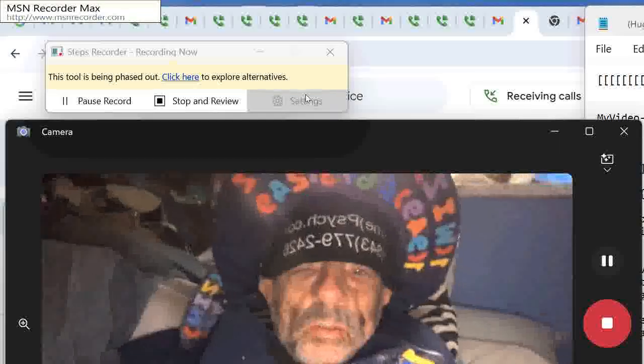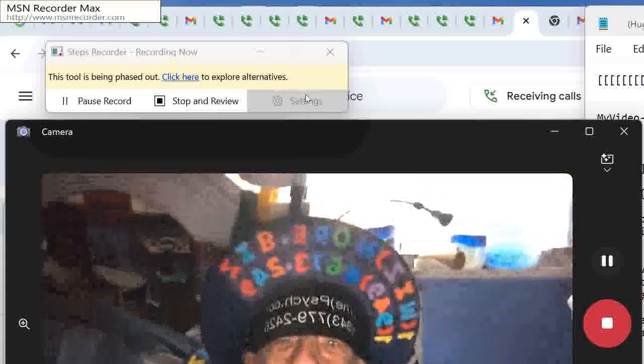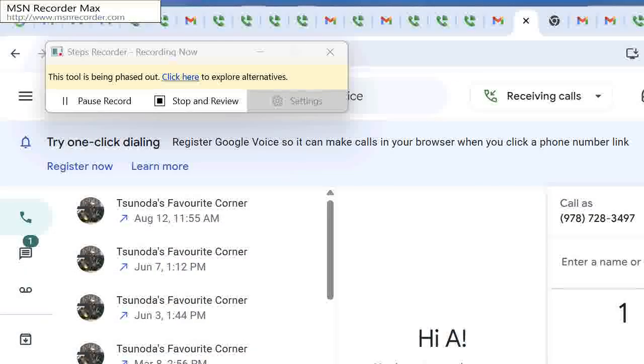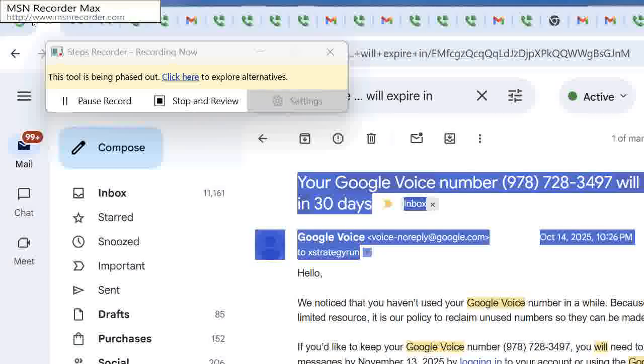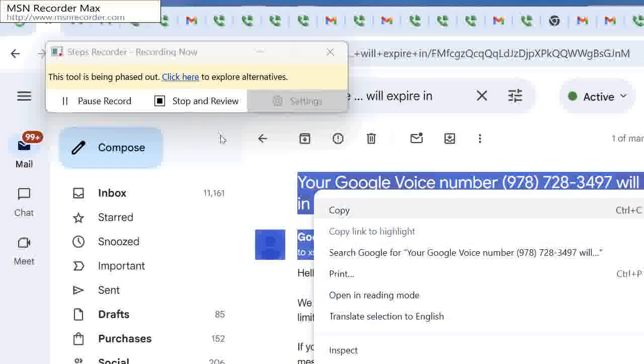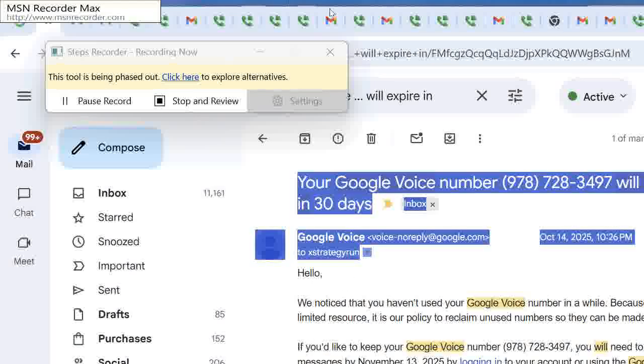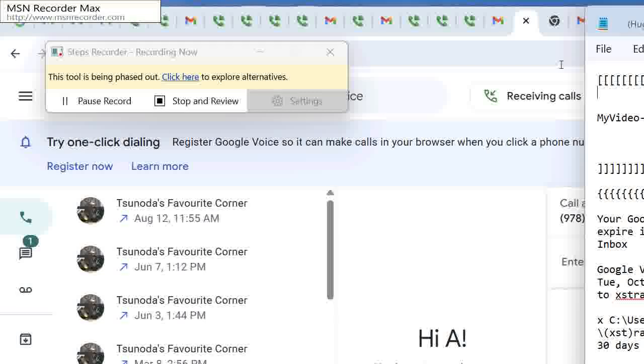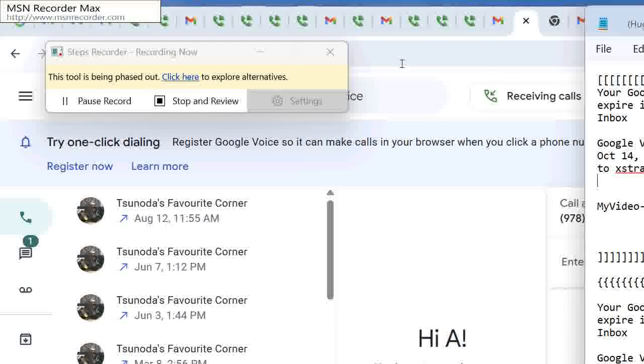With this in mind, I want to proceed to comply with the Google requirement to comply with the Google Voice. And here we have a Google Voice message. Your Google Voice number will expire in 30 days, and so on. So I need to copy this with right mouse and copy to the clipboard buffer, and then navigate to another location and try to also paste it in my notepad here. Control V.